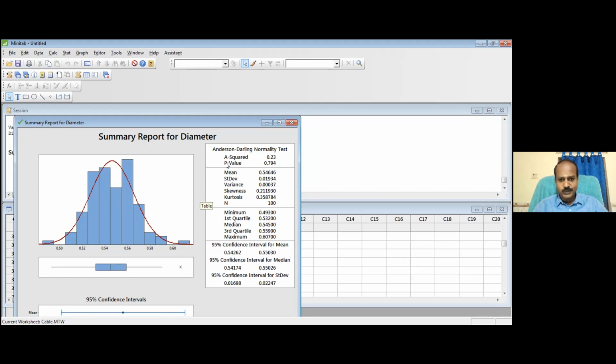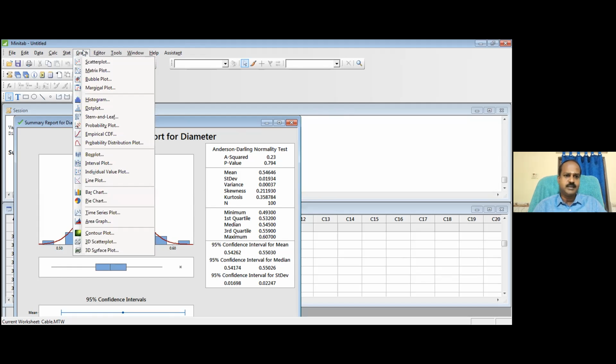There is a tool here which again reconfirms that: the p-value. If the p-value is more than 0.05, your data is normal. That will be taught to you in the analysis phase. And see here, a little more information is available. But my intention now is only to understand whether my data is normally distributed or not. Done. So that is something you learned now from Minitab.